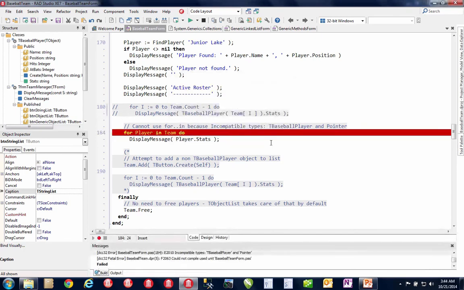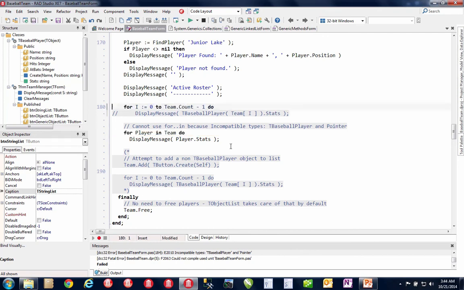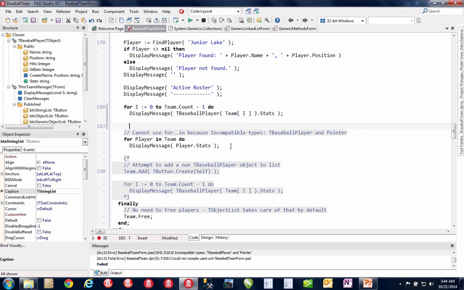And I get the error because T baseball player, which is what the player is defined as, is not equivalent with the team. The team is an object list. It just has a pointer that references the iterator, and so we can't use this syntax, which is a shame because it would be really nice to be able to do that. With generics, we're going to, so that's one of the next things that we'll look at. So if we go back and comment this out,